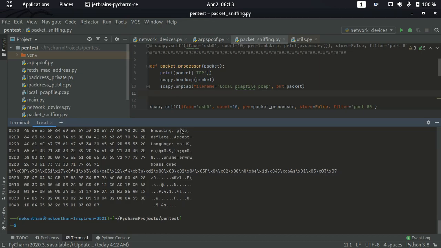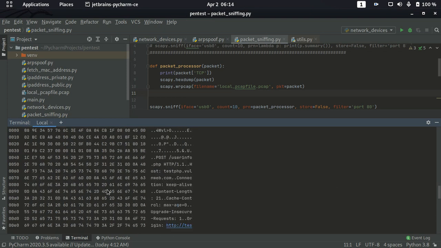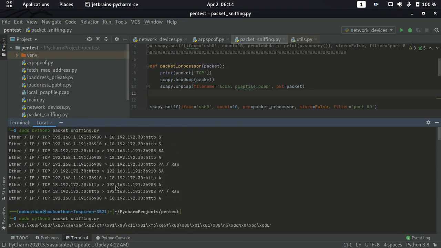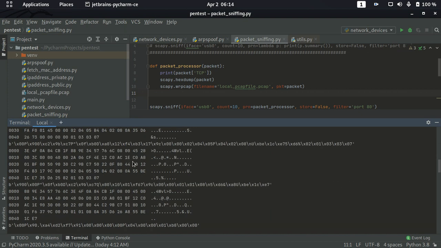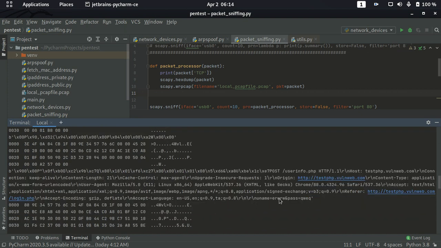Now you can see the output has come. If you closely watch, you can see the hexdump format, and after that whatever data you are looking for will be written into the pcap file. Here you can see the data in hexadecimal format, and you can even see the password here. Whatever password you have just typed will be shown here. As we discussed in the previous video, we should not use HTTP sites because the password will be clearly seen by a hacker or other people, so it can be easily taken from your data. That's the reason we should not use HTTP protocol sites.